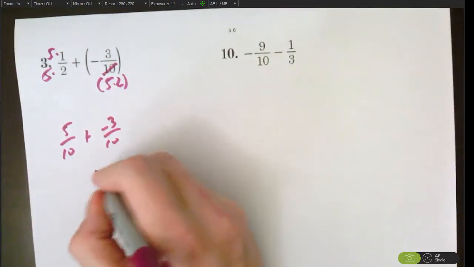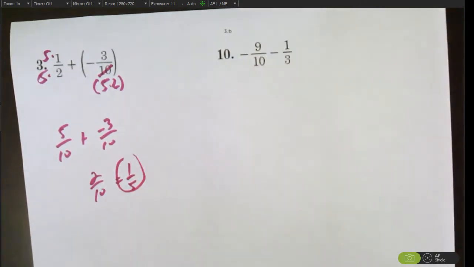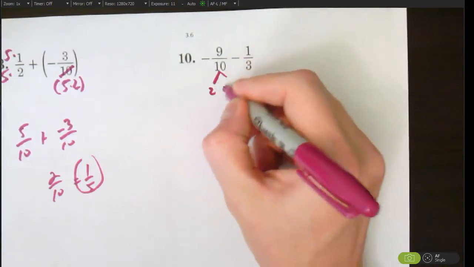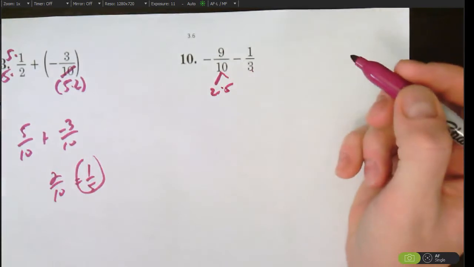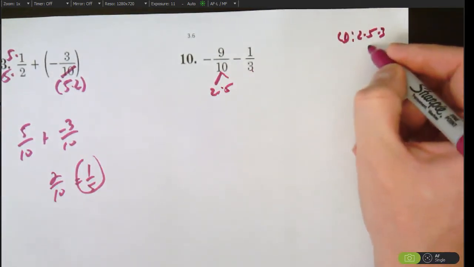Add the numerators together, leave the denominators the same. 2 over 10 is really 1 over 5. Number 10, if I break down 10, it's 2 and 5 again. So I need to have 2 and 5, and then 3 is simply 3. So I need for the common denominator a 2, a 5, and a 3, which is 30 when